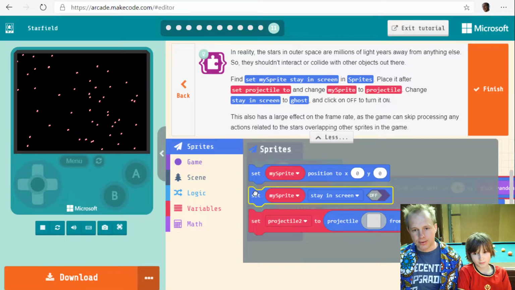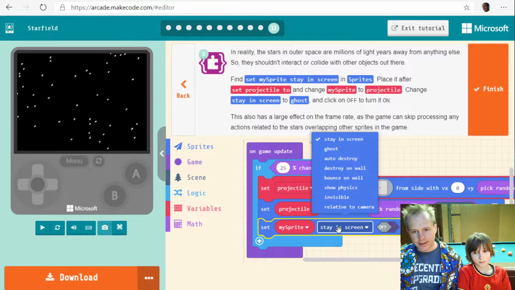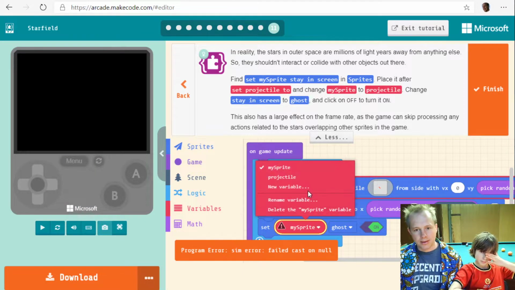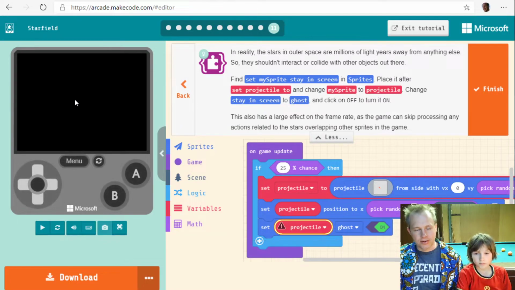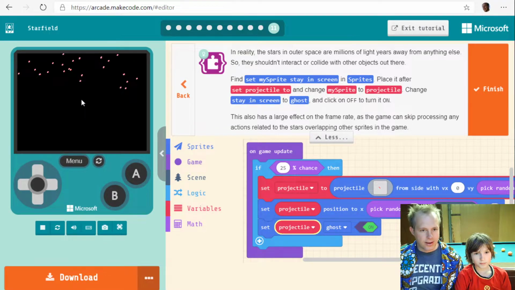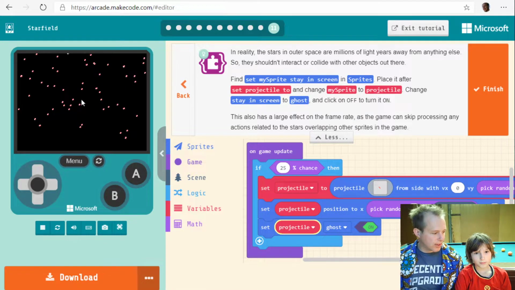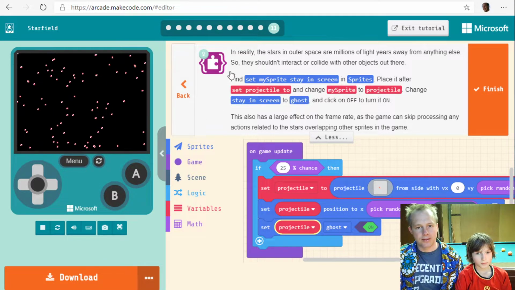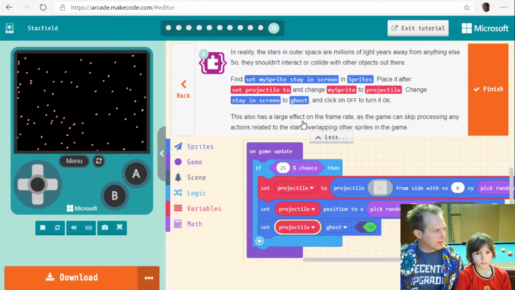So what we can do is to tell that these sprites are basically part of the scenery. They don't interact with any projectile. Yeah, you're right. So we're going to say, oh, these are ghosts. And that tells us, oh, we don't have to do any kind of math on that. We don't have to check for overlaps. And that's really helpful because, when you run on these